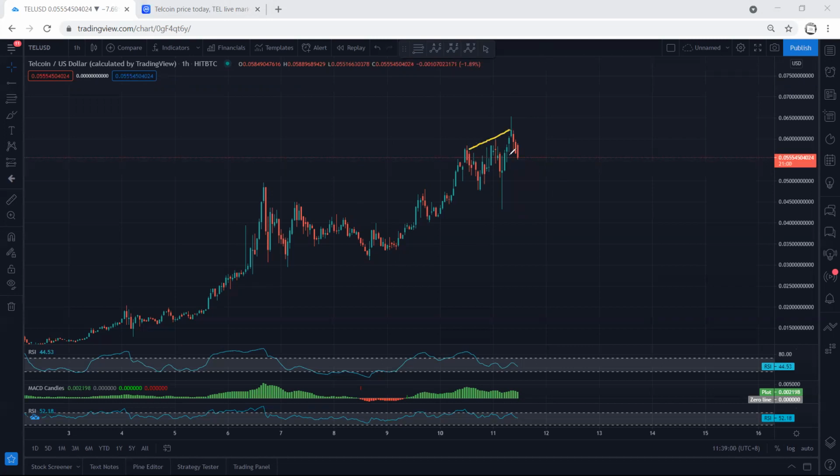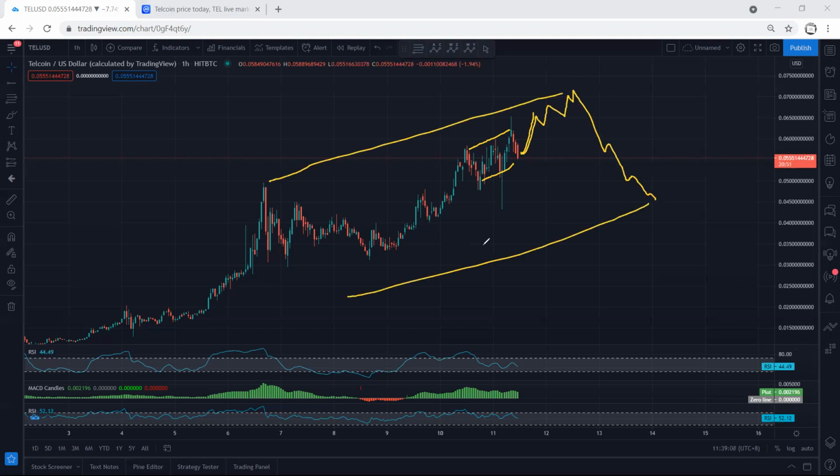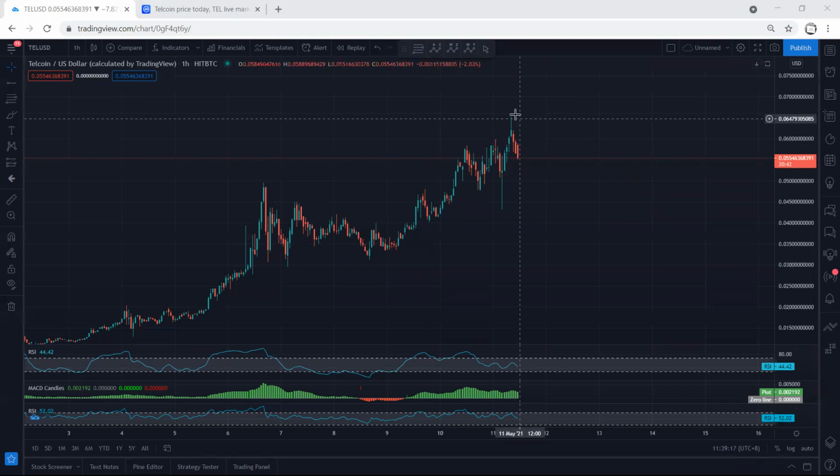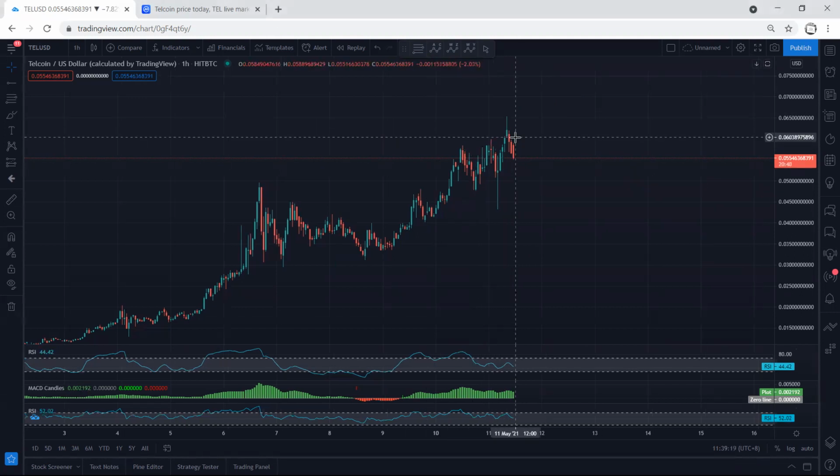Even if this one turns to a flat for one move up, I don't think it can move really high because the next one can move a bit higher, then we can expect to get the correction. All right, this is how we can look at the chart right now. As I mentioned, we don't have much history about that. And my suggestion is if we want to buy at the top, we wait for the correction.